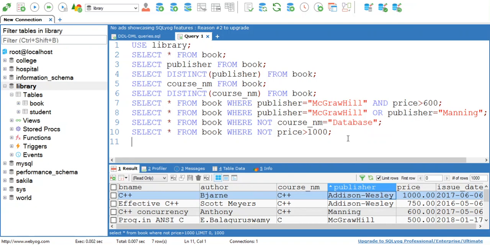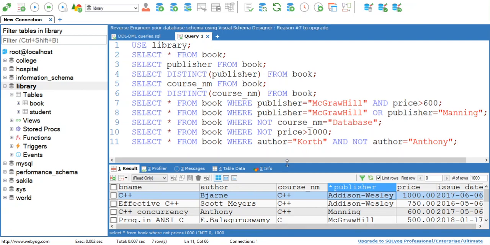So here you can simply write select star from book where author equal to Court and not author equal to Anthony.